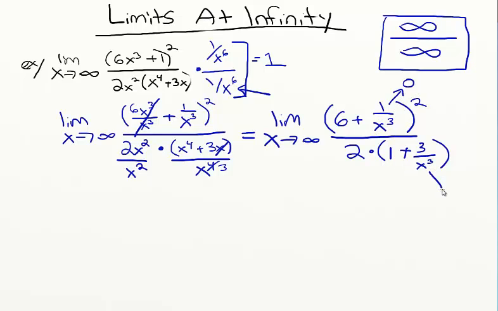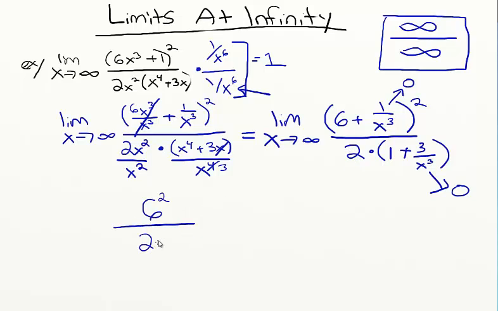Same thing happens with this 3 over x cubed down here. That's going to trend towards 0. Again, we have a number being cut into infinite pieces, right, as x gets really, really large. So that's going to be closer to 0 as well. So then we're left with 6, okay, because the limit as x approaches infinity of 6, and that's going to be 6 squared, because we have the square out here, and